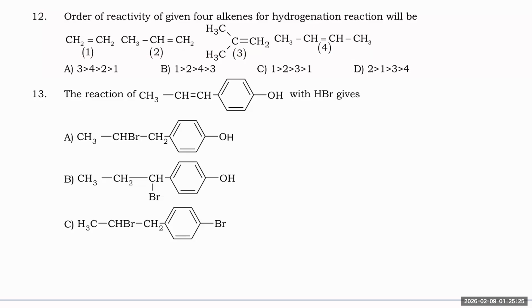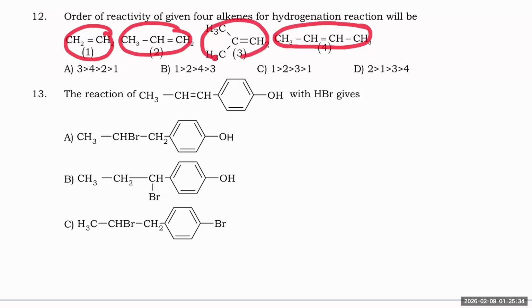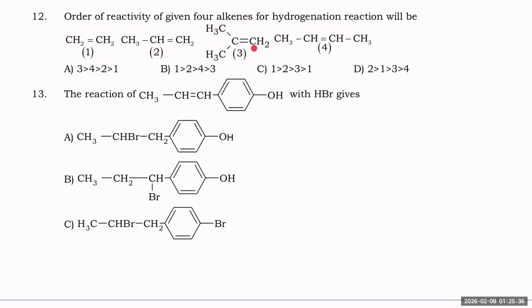Got it? So you see, first this one has the least crowding. Then afterwards, this one. Then this one has less crowding, and this one has the highest crowding. Why? Now you might ask, sir, between these two, how did we decide? You need to decide on the basis of some symmetry. The fourth one is still symmetrical because both methyls are distributed. But here two methyls are at the same site,